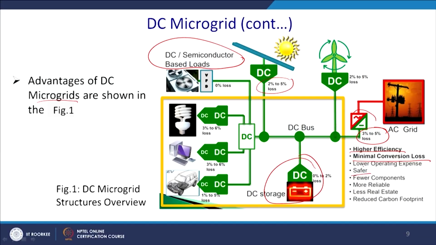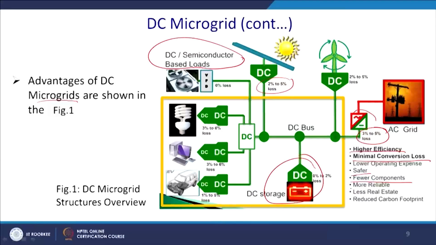It is safer. Generally the peak of the AC is root 2 times more than the peak of the DC voltage, since RMS values are set at 220 volt DC and 220 volt AC. AC is more fatal than DC. And fewer components, because if you require an adjustable speed drive, since your DC bus is available, you put an adjustable speed drive on it and charge it, you run it. More reliable,